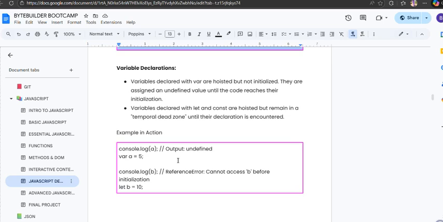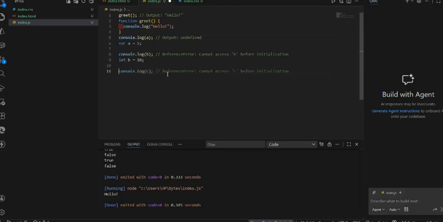We also have the variable declarations. Variables that are declared with var are hoisted, but they are not initialized. They are assigned an undefined value until the code reaches that line. So now look at this. We said console.log a variable a. This console.log of a will first assign it a value of undefined. Then it will go down, read the value of 5, and after it reads the value of 5, it will print it out to you. So that is how it works. So if I'm doing this one now,